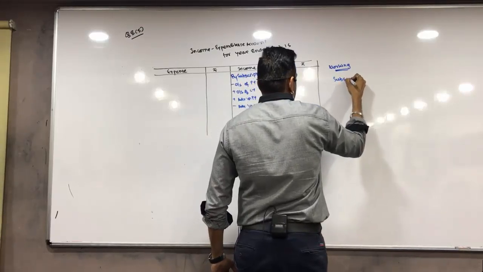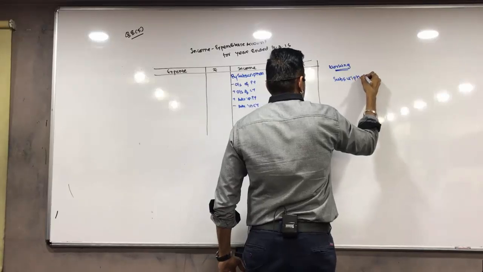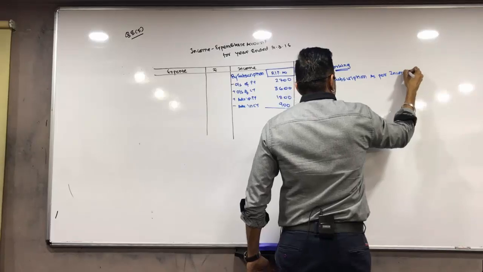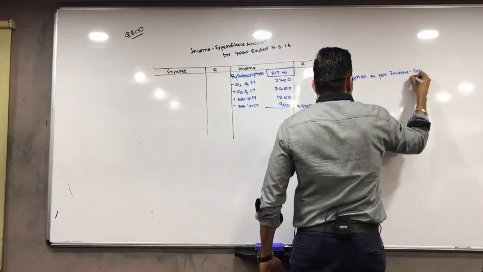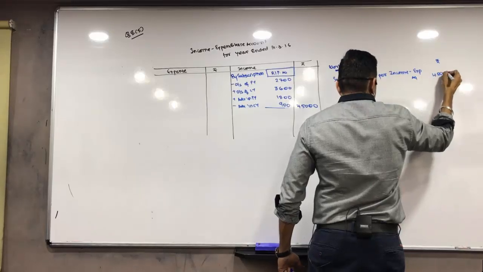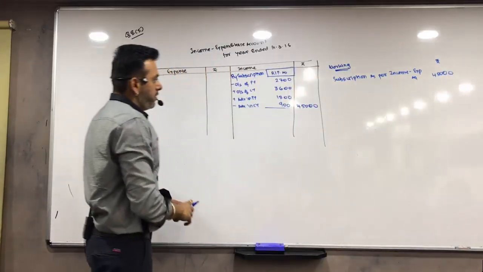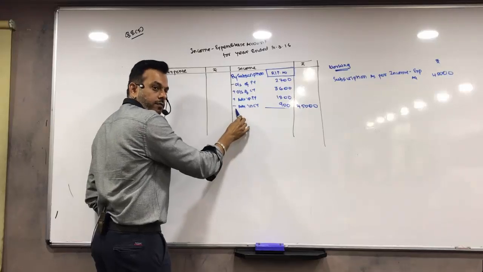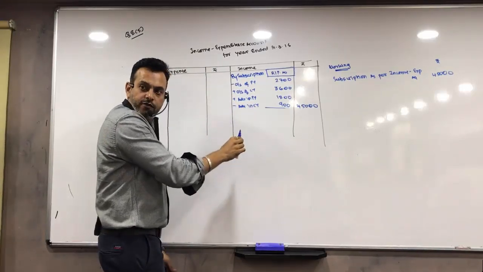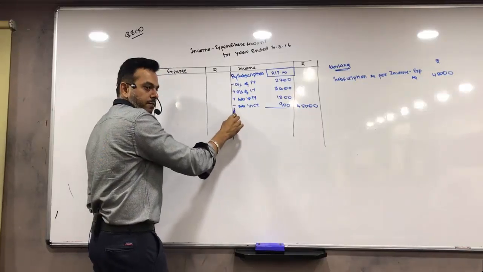Subscription as per income expenditure account, rupees 45,000. Now what we will do, जो माइनस है वो जाएगा प्लस और जो प्लस है वो जाएगा माइनस. So we go for plus first. So this will become plus